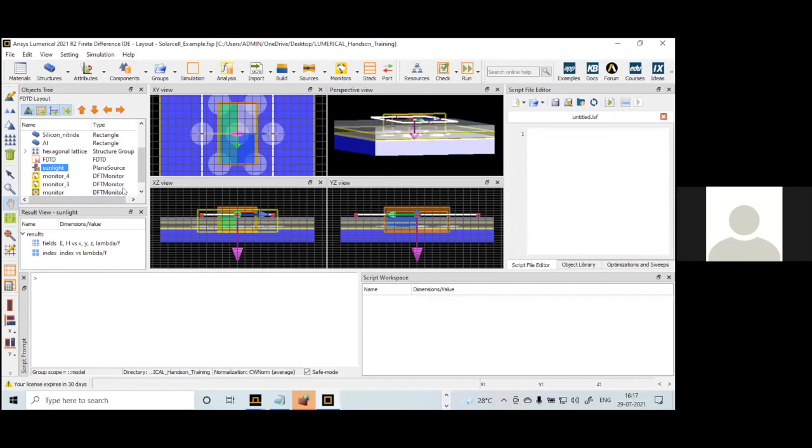Okay, so if you want to find the absorbance, as I told, transmittance and reflectance are very important parameters. Whatever data is collected by these power monitors: if the power monitor is placed at the backside of the source, it will give you the reflectance. And if it is placed in the direction of the plane wave source, it will give you the transmittance